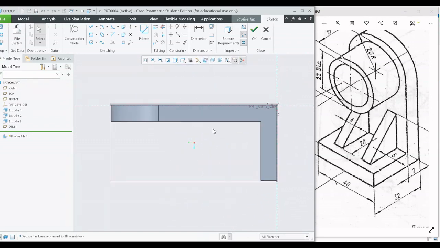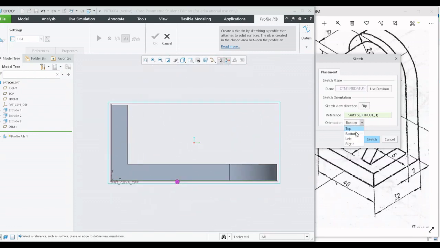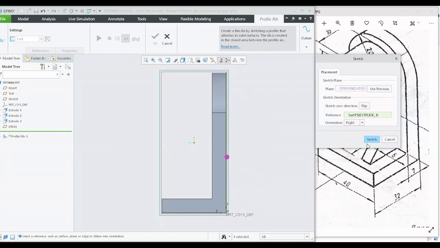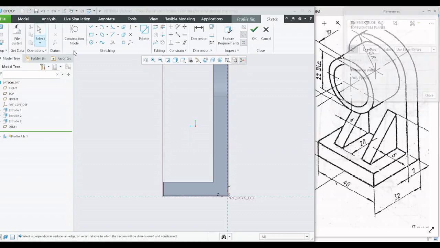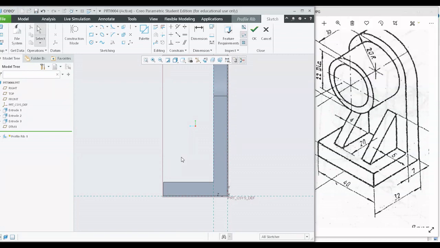If I'm comfortable to sketch the rib in this particular orientation, I can continue with that, or I can change the orientation. So it's up to the user. As you're getting comfortable with Creo, you can try to sketch in any orientation because you will be understanding the creation of the geometry. So I have to click on the